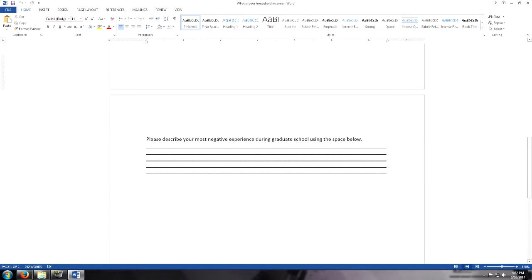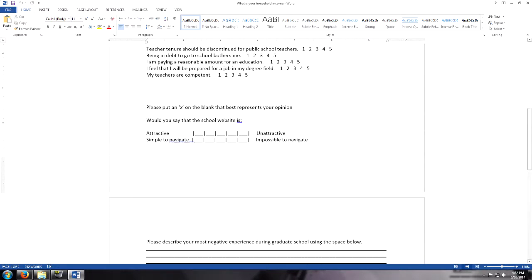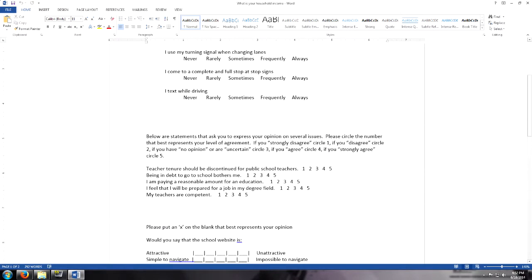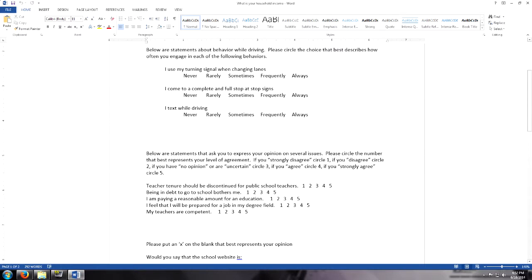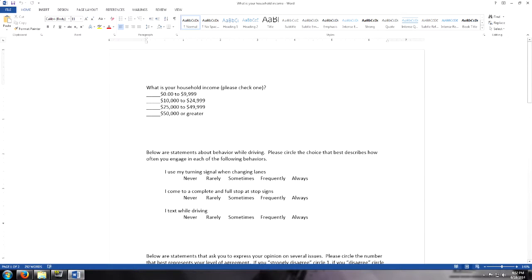On the bottom here I've got an open-ended question. I've got a semantic differential right here. I also have two versions of a Likert scale, a couple of different ways that we can do this. And up top I've got a multiple choice scale. So one of the things, of course, we can do when we're looking at this is evaluate, first of all, when we look at this, what do we like about it, what do we not like